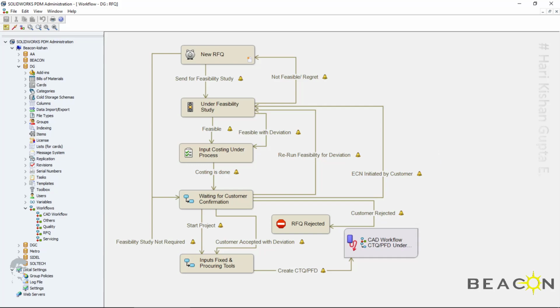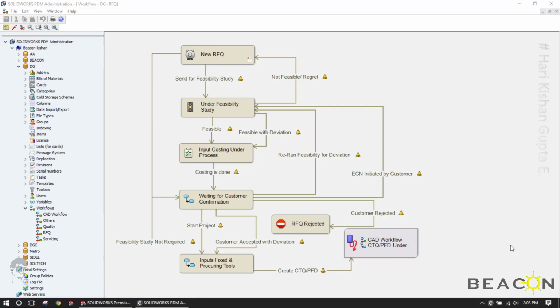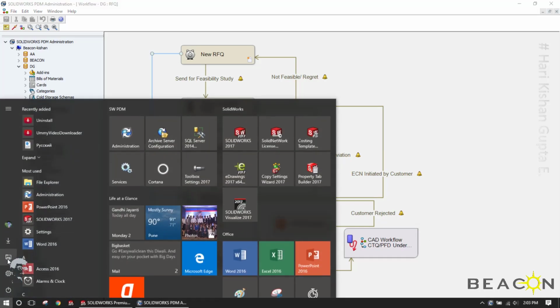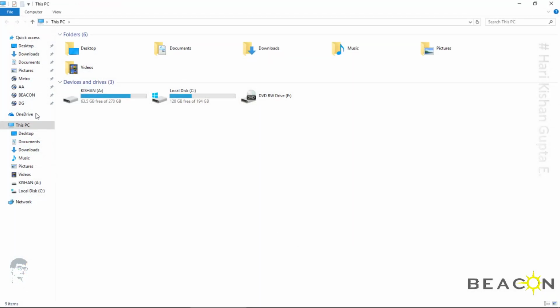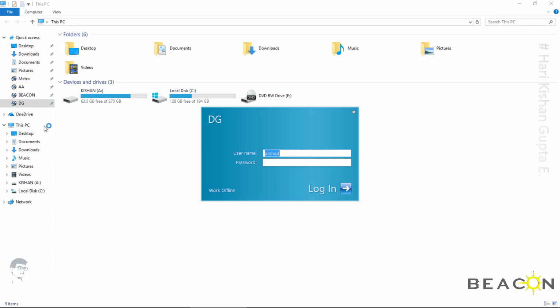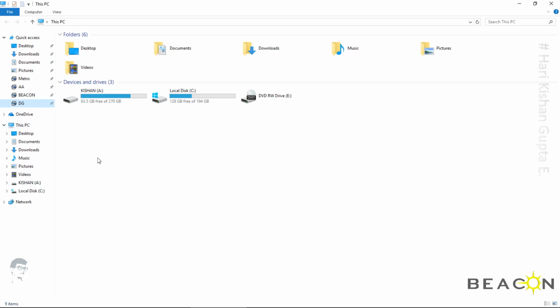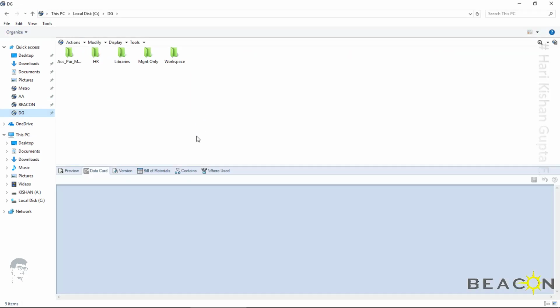To run the feasibility study, what the user will be doing is go to My Computer, DG. You can also log in by giving a right click. In this case, I'll be logging in as the development person. Let's say we'll say Shafi login. Once you log in,